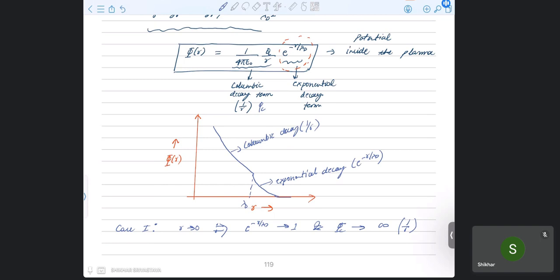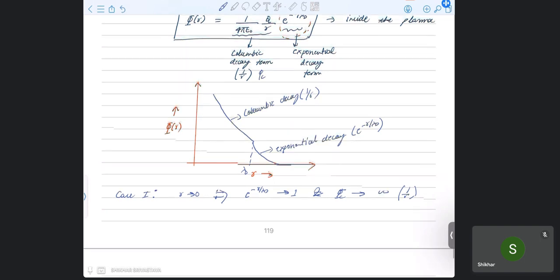Okay, so the Coulombic potential will be very large, and the exponential term will equal 1. So it will kind of blow up at the position of the charge itself. But